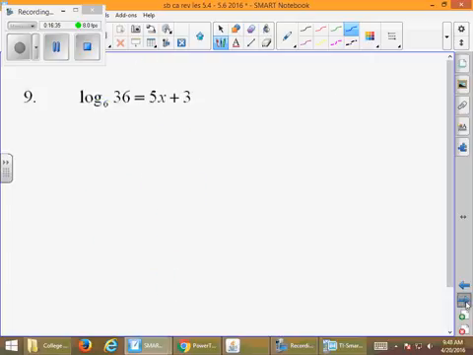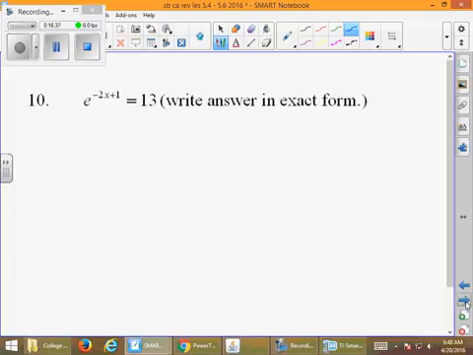Number 10. Ready? So, it says e to the negative 2x plus 1 equals 13. This is the problem that I'm worried about. And it's because I ended up collecting in my afternoon class that first assignment, and people couldn't do this problem. So I'm worried about this one, but